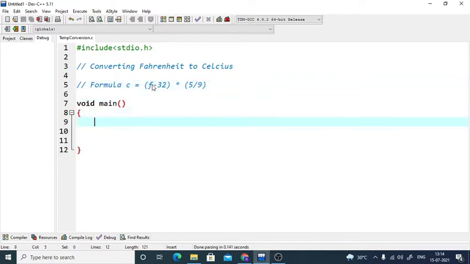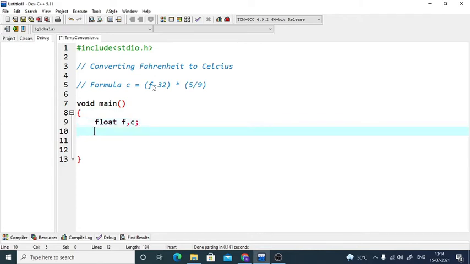First of all, I need two variables. Let me declare them as float, that is F and C. F is for Fahrenheit and C is for Celsius. I will ask the user for a temperature in Fahrenheit: enter temperature in Fahrenheit.